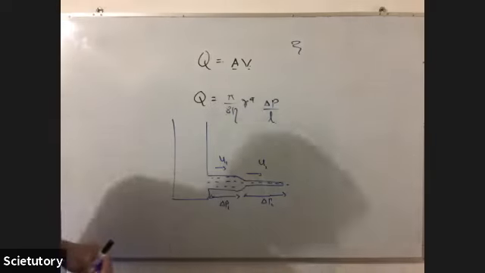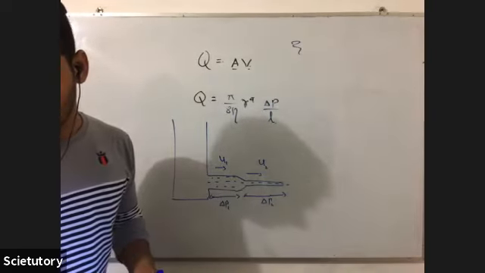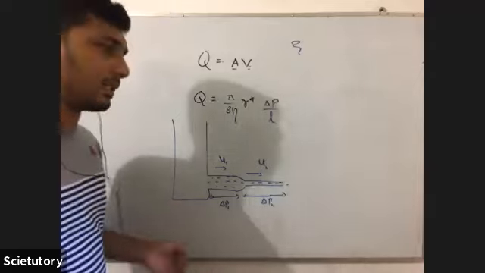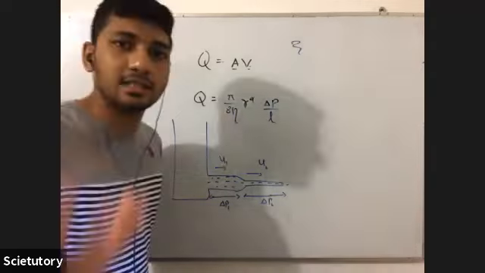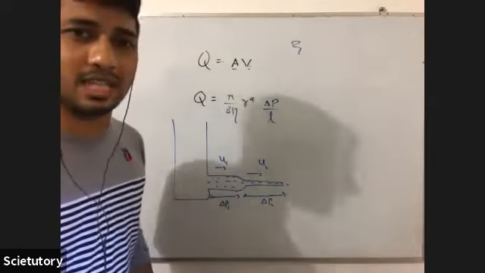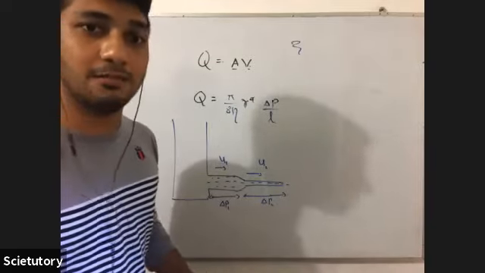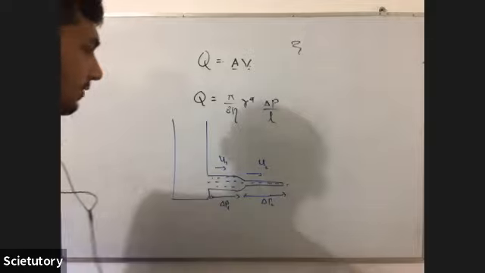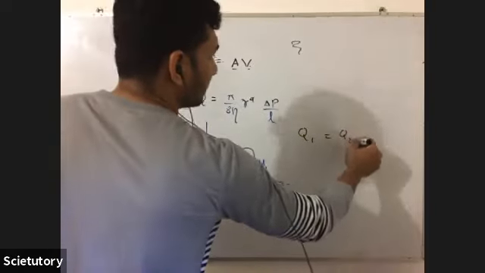So here they are telling that water is allowed to flow. Okay, so when it's allowed to flow, there should be a constant Q. Otherwise there will be a discontinuity here. So if it is flowing constantly, there should be a stable flow. So Q is equal in those two tubes. So that's the first conclusion that we can come to. So Q1 is equal to Q2.